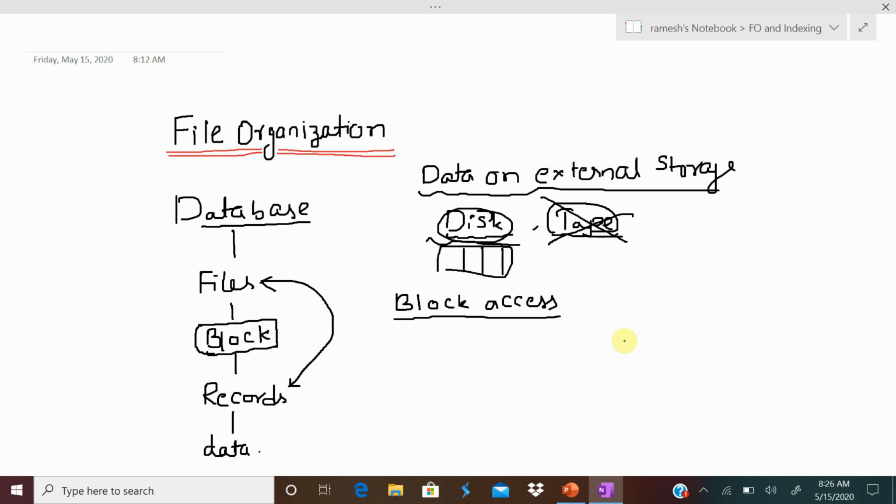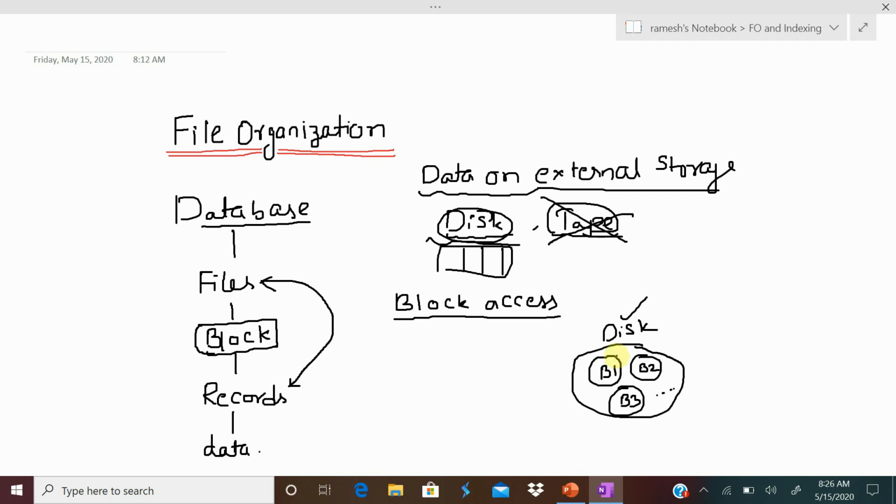Assume this is my disk storage, consisting of several blocks, say block 1, block 2, block 3, and so on. Now suppose I want to search for some record from the disk storage.